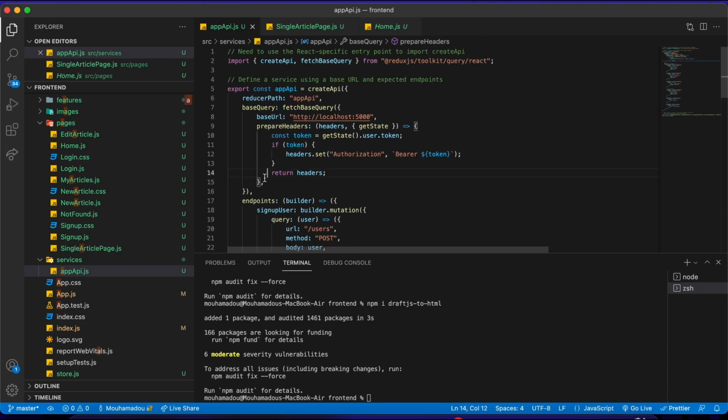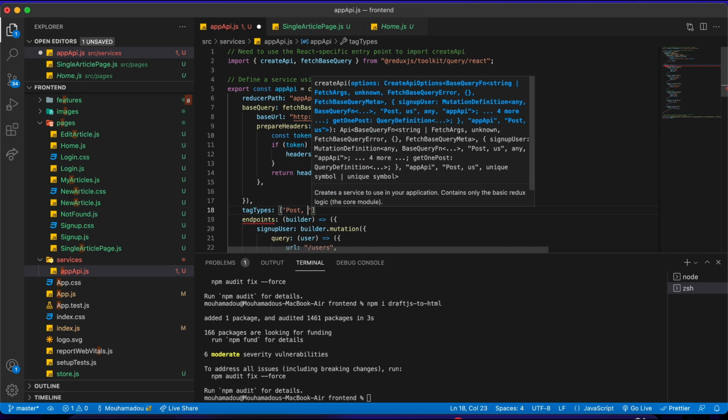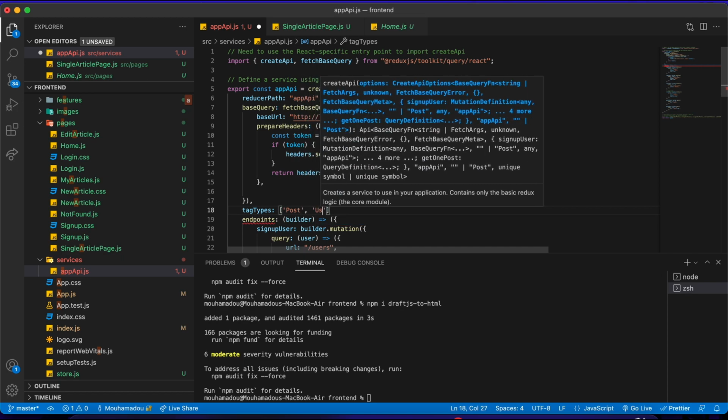So right below the fetch base query, we say tag types, and we'll define two tag types. So we'll define the post and user tag type,